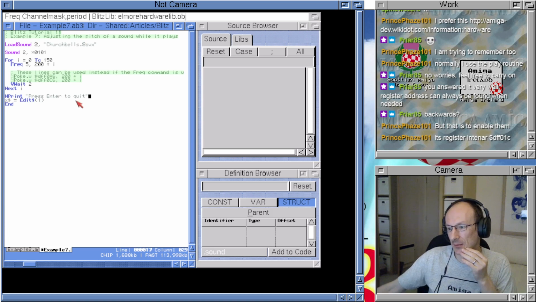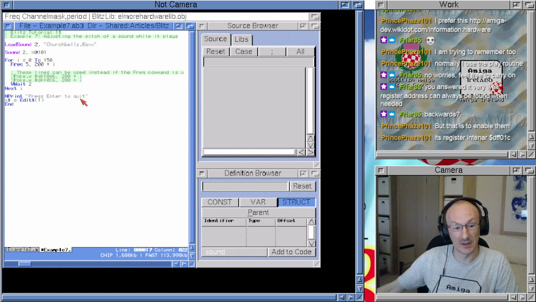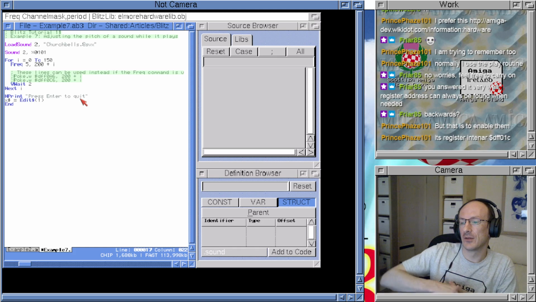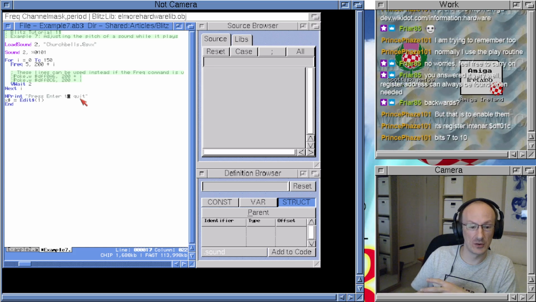But yes. So, you read that then, and it'll say whether the channel's busy or not, or whether the interrupts are enabled on that channel. So if you're using the PHX library, you don't have it with the standard Blitz 2 install. The latest Amiga Blitz 3 versions come with it. So bits 7 to 10. Oh, cool. Thank you. So you have it with the Amiga Blitz 3 installs, the latest ones, but you can add it to Blitz